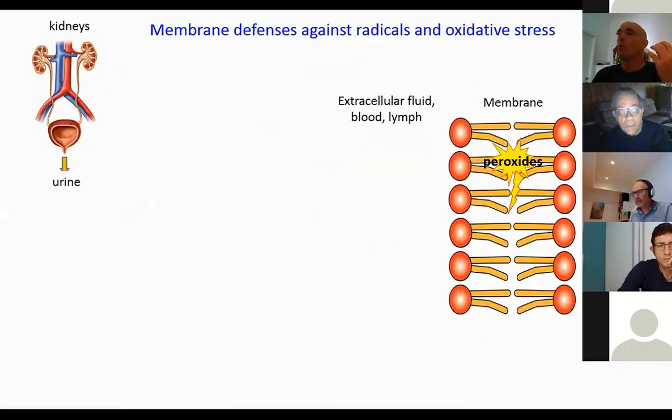Okay, so why don't we die from any infectious disease? We normally don't die from influenza. We don't die from viruses and bacteria. So what are the defense mechanisms? So this is a model of the membrane. This is the intracellular fluid. So this is a big, let's say 2 or 5 or 10 micron size ball, sphere. And this is the extracellular fluid. It can be the blood or the lymph.